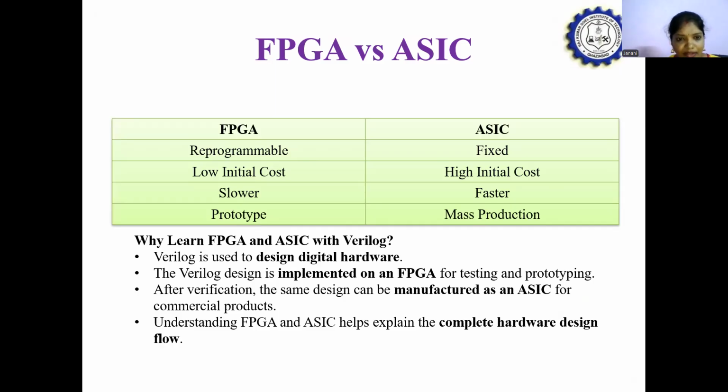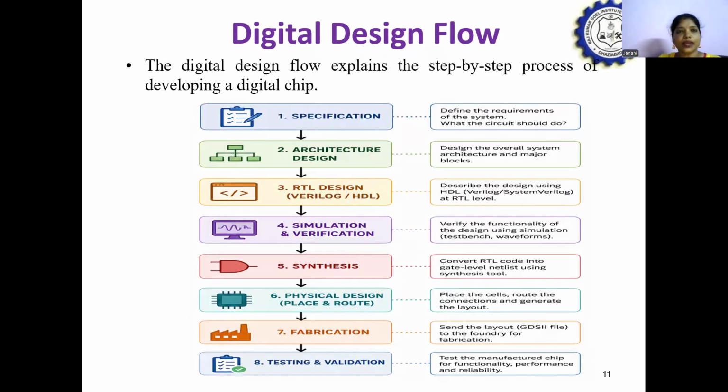After it passes all the verification, the same design can be manufactured as an ASIC for the commercial product. So mainly the ASIC is for mass production. Understanding this FPGA and ASIC helps you to explain the complete hardware design flow. So next we are going to see one of the important topics of VLSI design, that is the digital